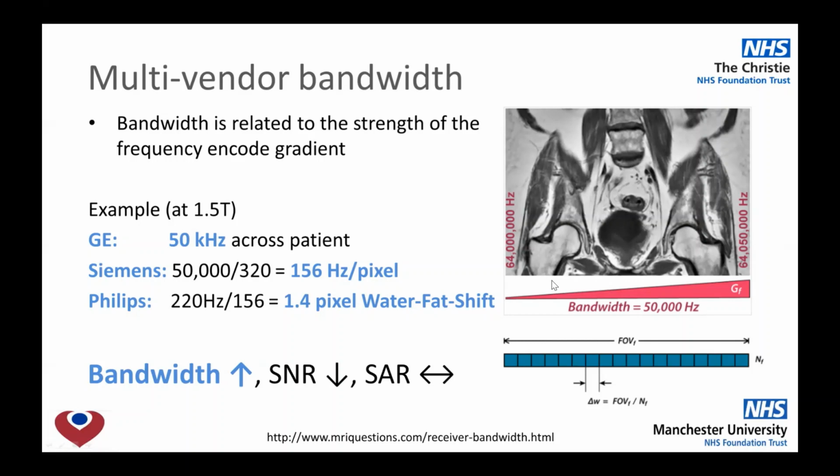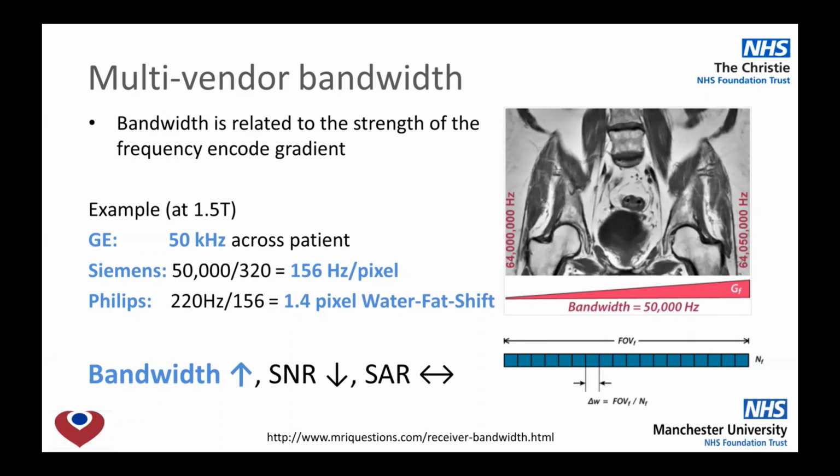Siemens publish their received bandwidth as frequency per pixel, so it will take the entire frequency change across the field of view in the readout direction and divide it by the matrix size in that direction to give a value in hertz per pixel. Philips have a different approach whereby the known 220 hertz difference in resonant frequency between fat